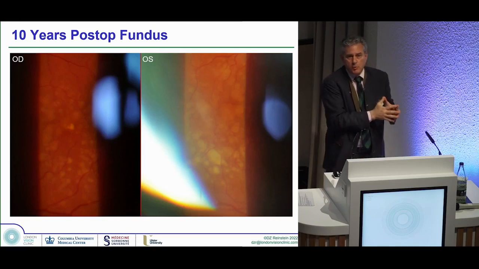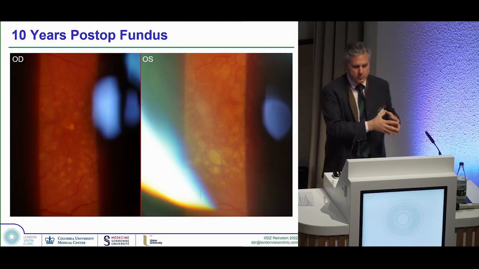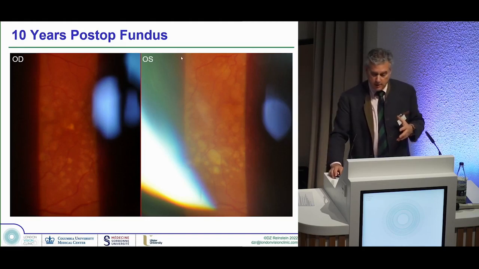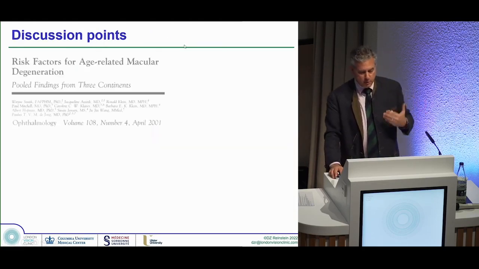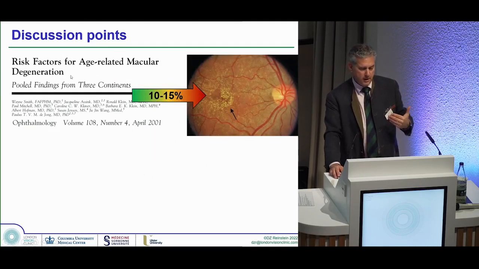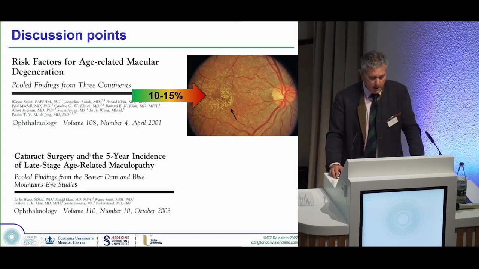The OCT was normal back there. Her best spectacle corrected vision was fine. But as I said, 1 in 6 Anglo-Saxons will develop macular changes later. Good thing that we didn't put in a multifocal at that point. And remember, we talked about this. 1 in 6 patients that were followed properly in an arm's length study over 3 continents found that this is what's going to happen. And we also know from this paper from the Beaver Dam study,